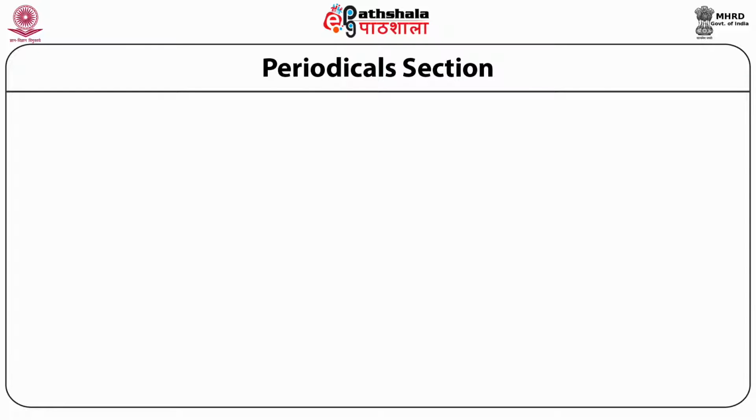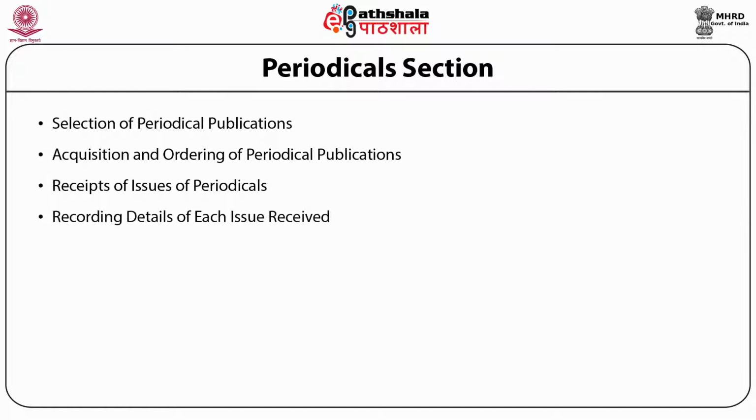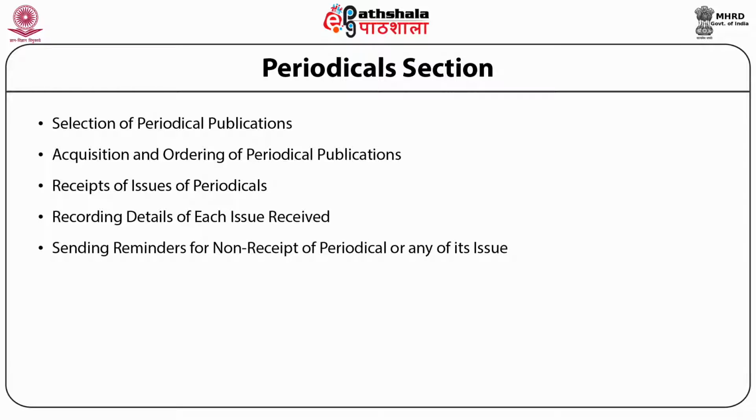Libraries acquiring a large number of periodicals have a separate periodical section to procure and manage periodical publications. Periodical sections perform tasks such as selection of periodical publications, acquisition and ordering of periodical publications, receipt of issues of periodicals, recording details of each issue received, sending reminders for non-receipt of periodicals or any of its issues, sending current issues of periodicals for display,